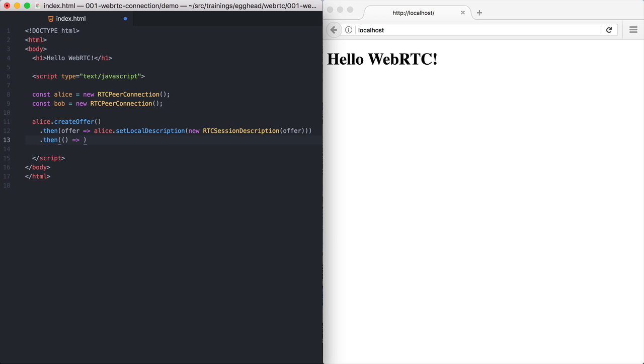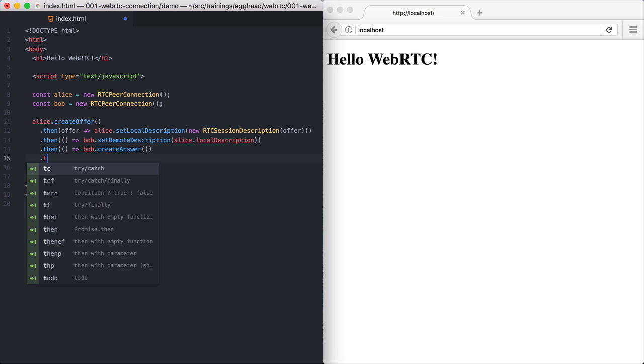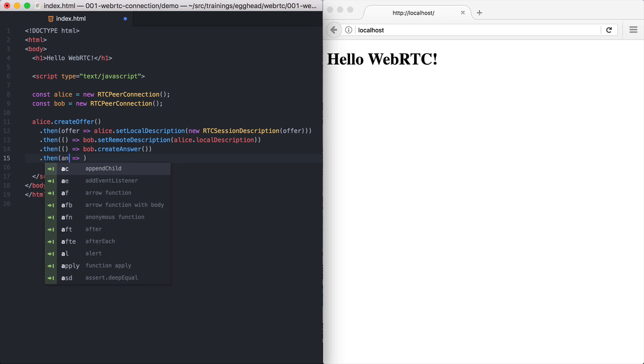So Bob's side of the connection needs to save that metadata as well, as their remote description, and we can just use Alice's local description here. And then the next thing that needs to happen is for Bob to create an answer to that offer. So we'll say bob.createAnswer, and again, we'll get a promise, and we can use that answer